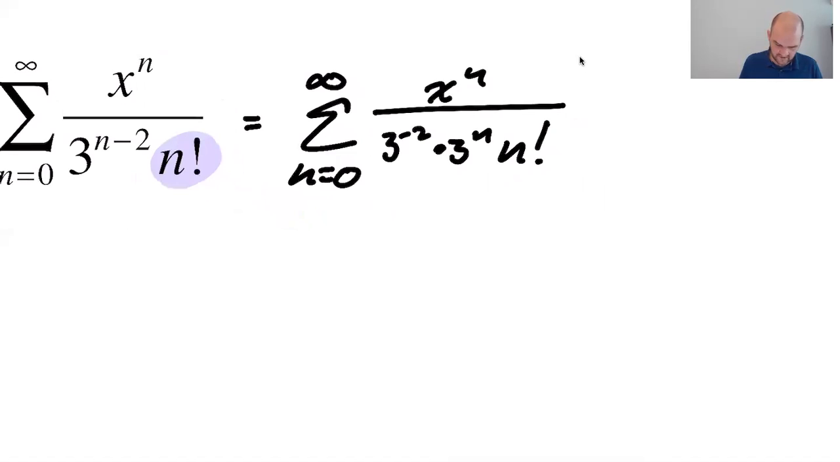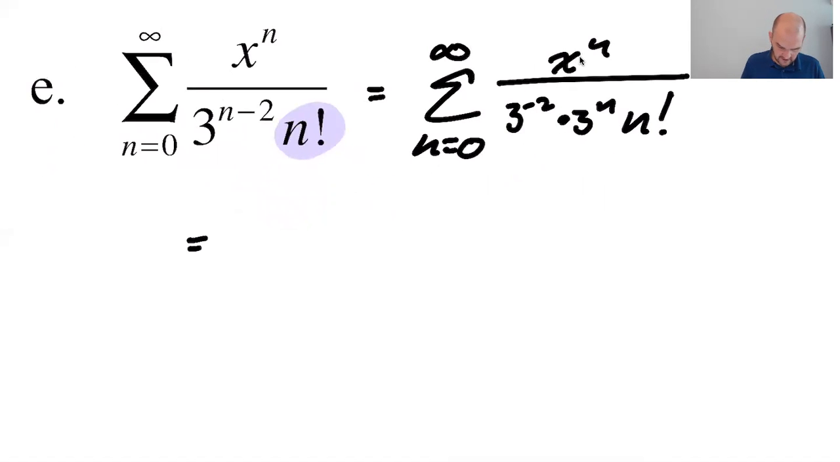Because now that 3 to the negative 2 is definitely coming out. That's 3 to the negative 2, but it's 1 over 3 to the negative 2, so that's actually just 9. And then this,